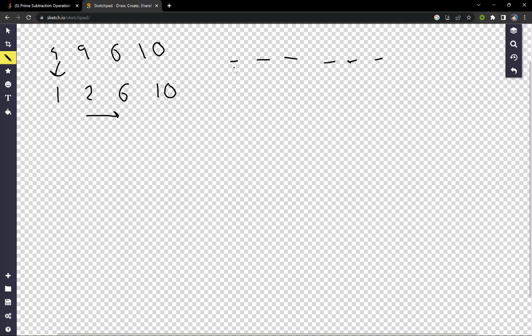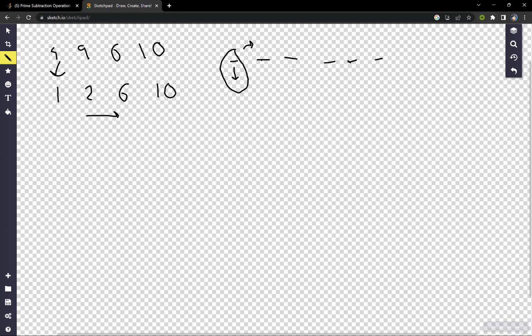So we will try to find a prime number which is strictly less than or equal to the first element, and we will update the value of the first element. As the value of the first element is decreased by the prime number, we will move further from the first element.